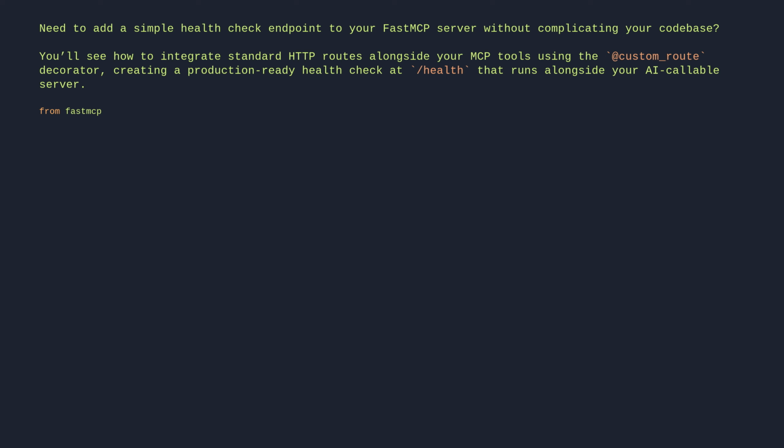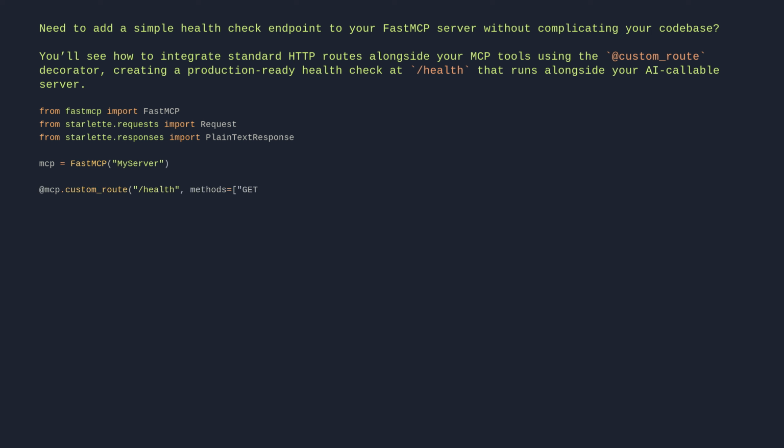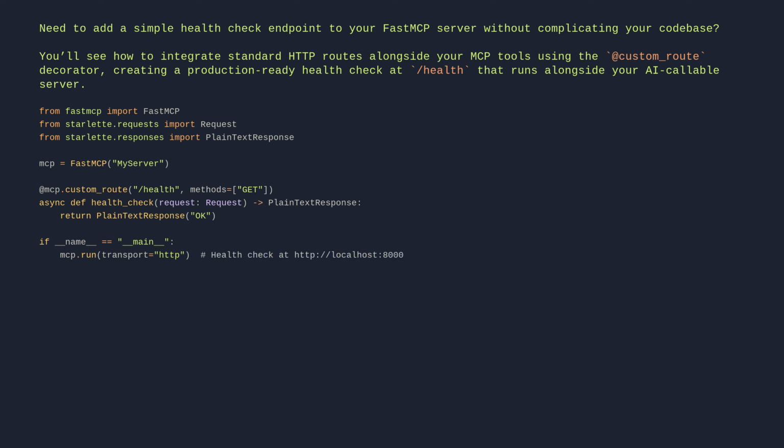From fastmcp, import FastMCP. From starlette.requests, import Request. From starlette.responses, import PlainTextResponse. mcp = FastMCP("My Server"). @mcp.custom_route("/health", methods=["GET"]). async def health_check(request): return PlainTextResponse("OK"). if __name__ == "__main__": mcp.run(transport="http") # health check at http://localhost:8000/health